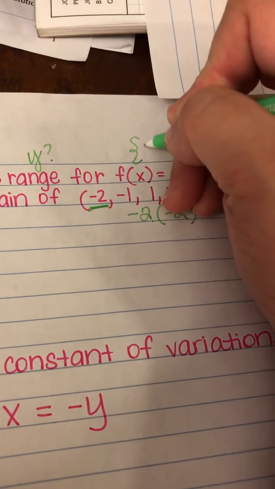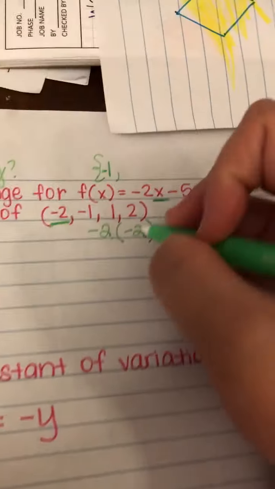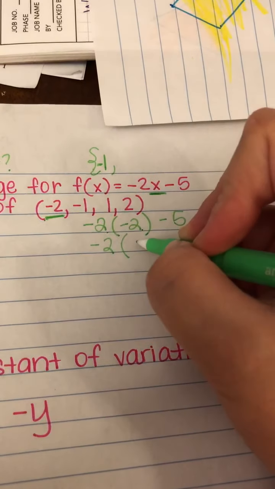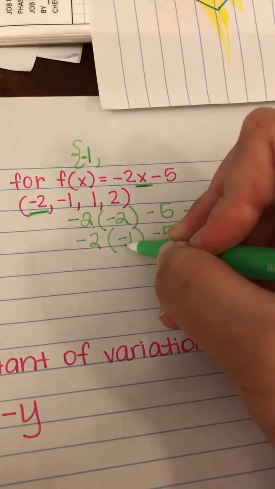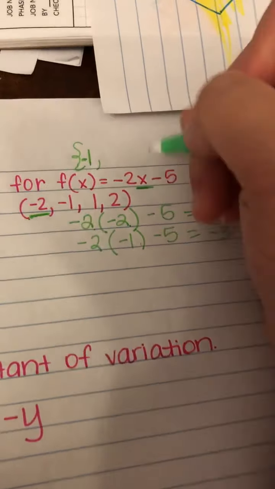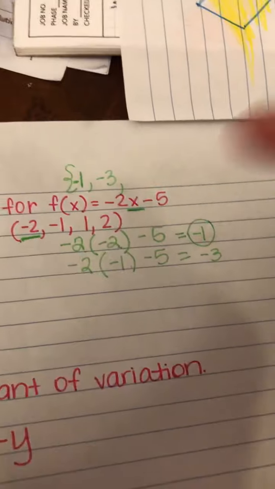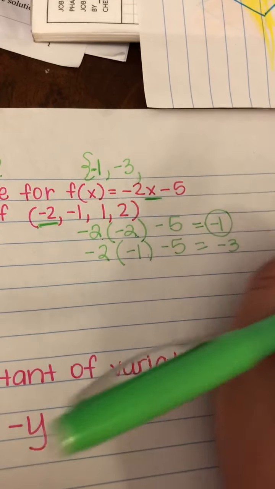So you're going to make your symbol, and then you just keep going. So we would do -2, and then the next number for our domain is -1, and then we're subtracting 5 still. So you multiply, that's 2. 2 minus 5 is -3. And then I'm going to put that in the part that would be for my range. Because I need, since I'm entering in 4 values for X, I need to get 4 values of Y back